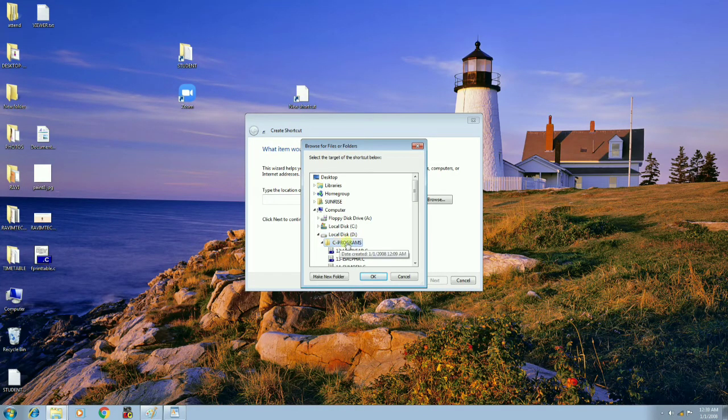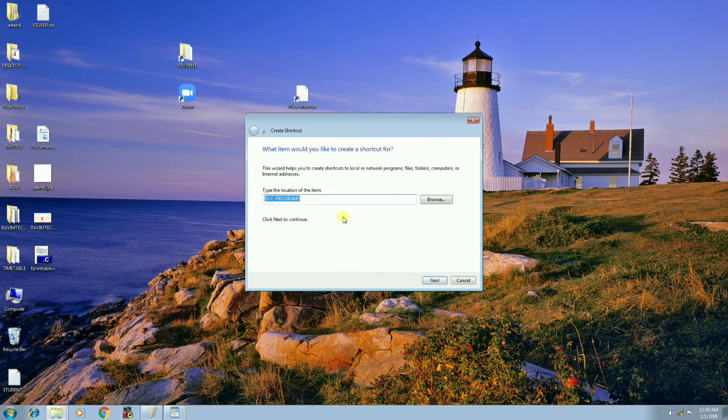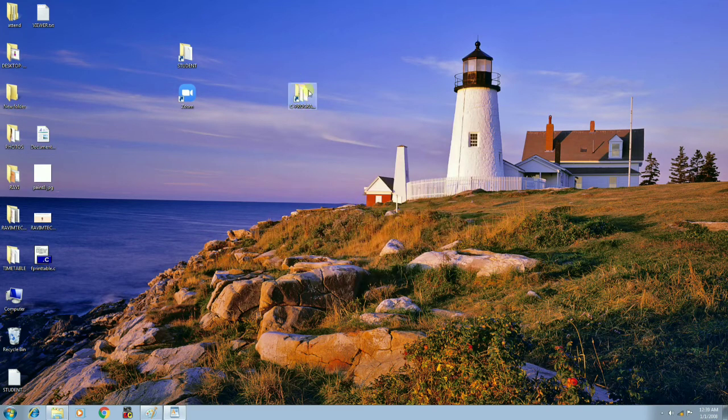Now for this folder I want to create the shortcut, so you need to select the folder. But how to know whether the folder was selected or not? See, the area where you selected, that was highlighted. So then click on the OK button. Now click on the next button. Now it is giving the name by default. If you want to change the name, you can change it. If you want to keep it as it is, then directly you can click on the finish button. See how easy it is to create the shortcut.